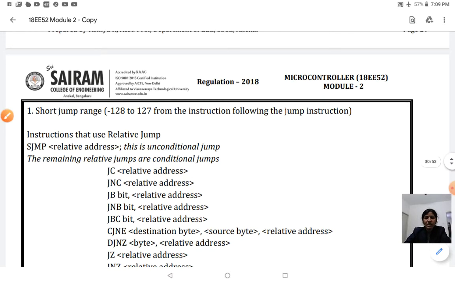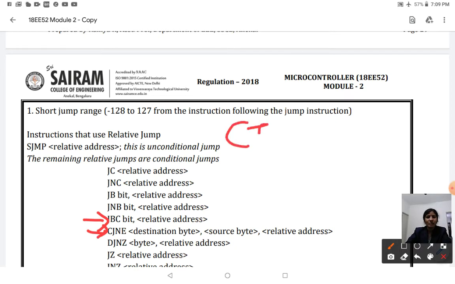If the bit is 1, it is bit addressing mode, and after this, whatever address you select, it will go to that address. CJNE means compare and jump if not equal. For example, I use this instruction to find the largest or smallest number in an array of numbers.